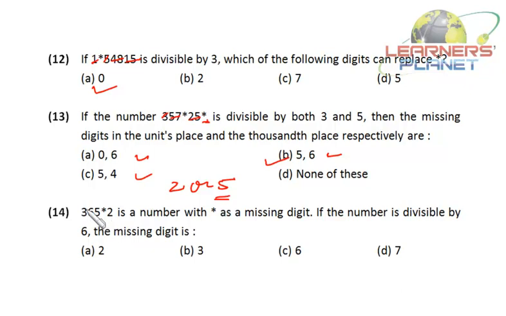So 3 is a multiple of 3, 6 is a multiple of 3, then 5 plus 2 is 7. Now we need to add a number with which the sum will be divisible by 3. So suppose I add 2 to this 7, I'll be getting 9, and 9 is divisible by 3. So 2 will be the right choice. Okay friends.